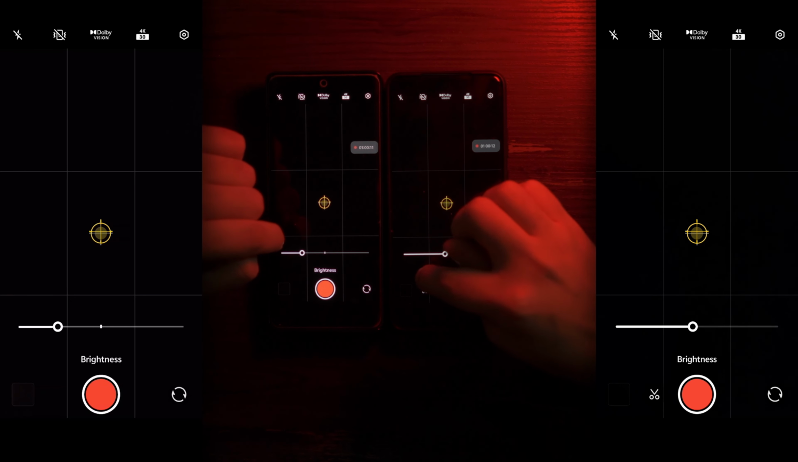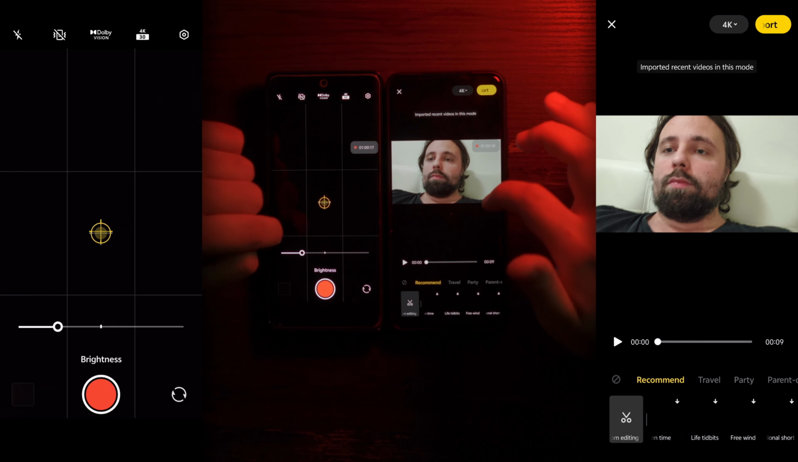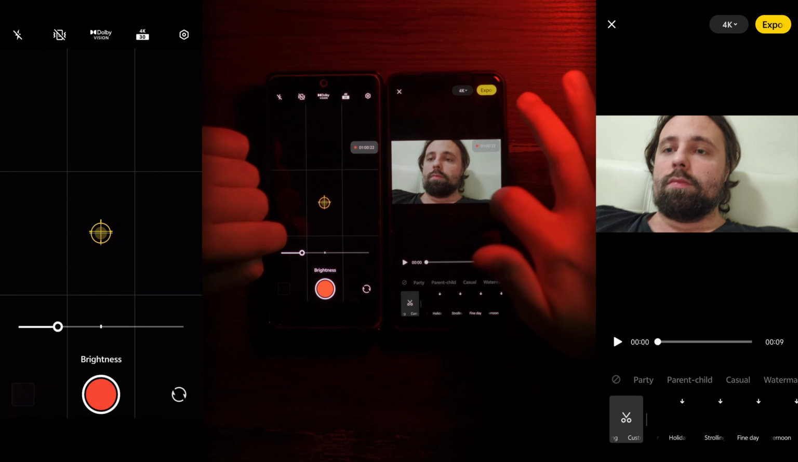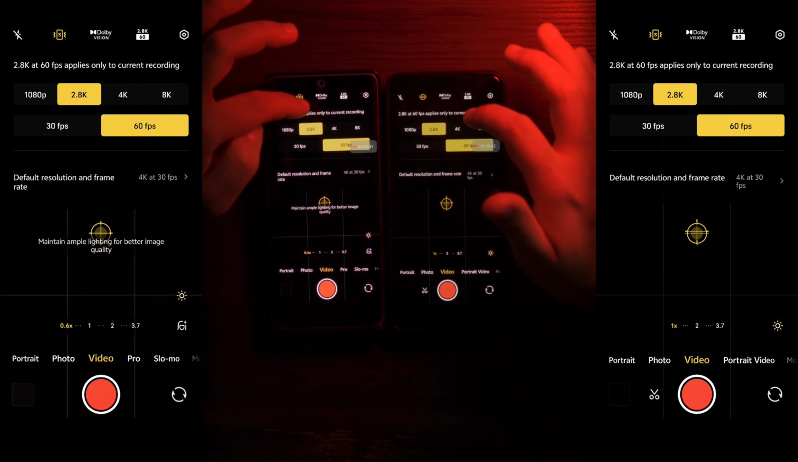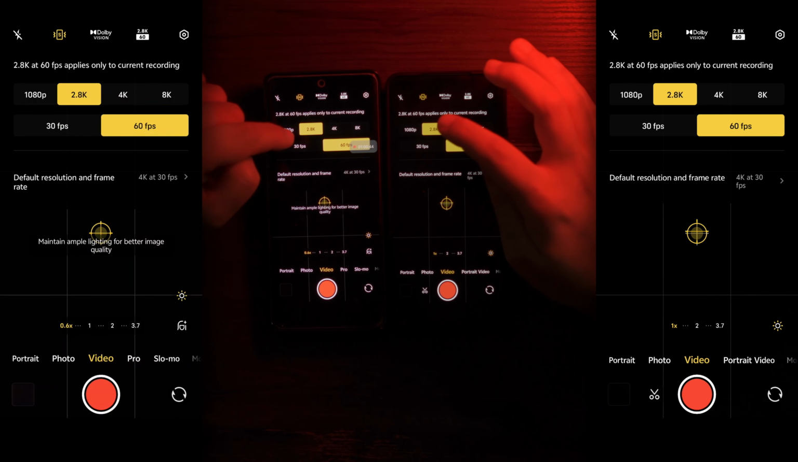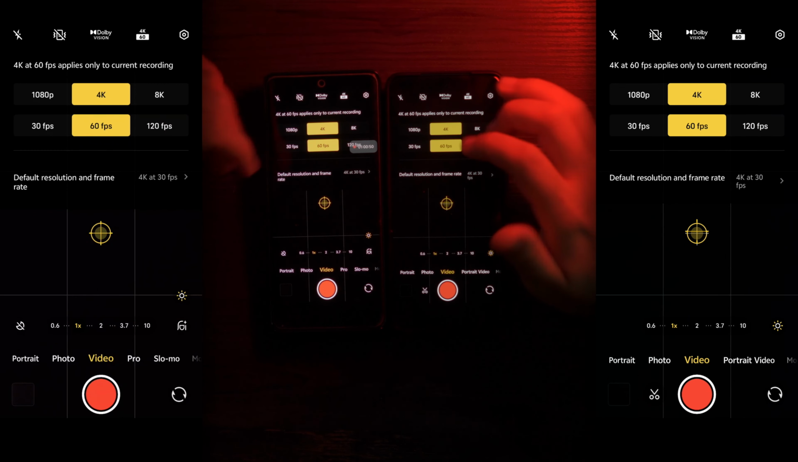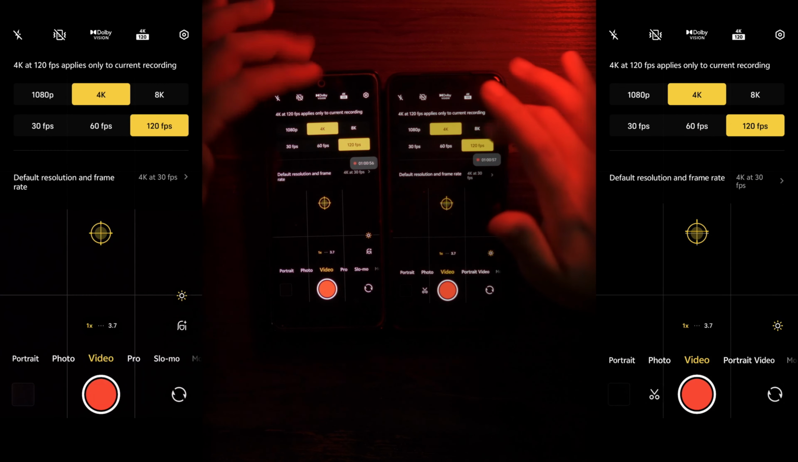We have this new button on Origin OS 5. We can instantly start to edit some videos. We have ultra stabilization, up to 60 frames per second and 2.8K resolution. If you go to 4K, of course, you will lose this ultra stabilization. Up to 120 frames per second,